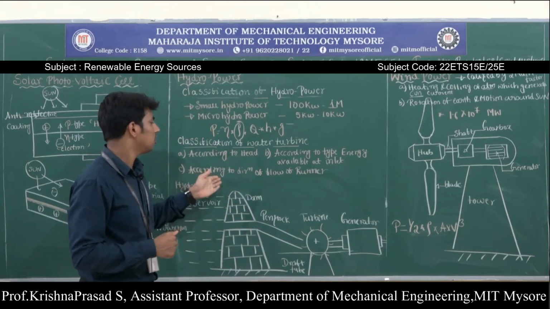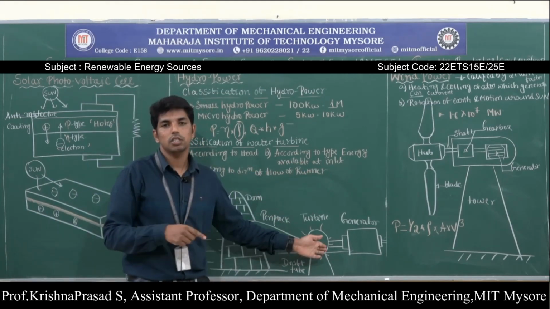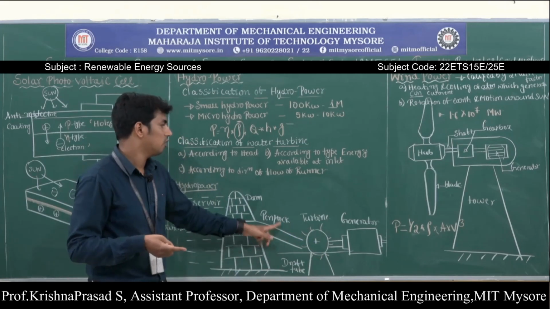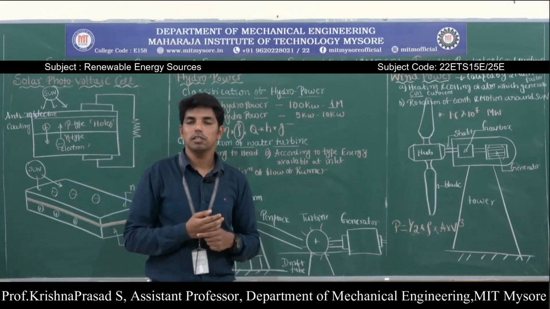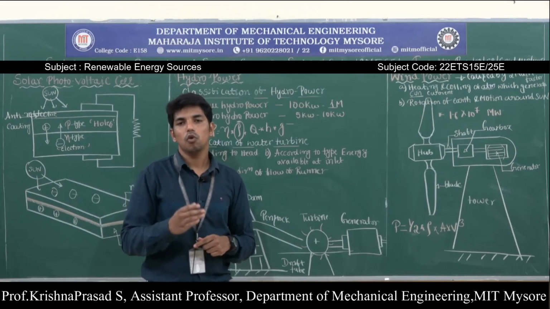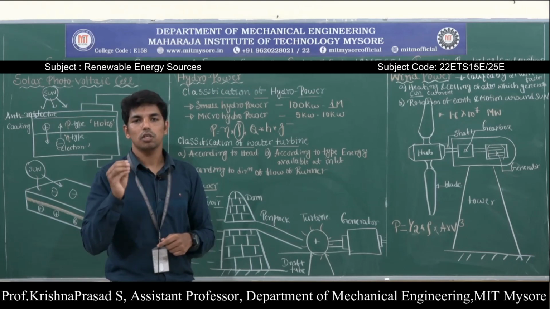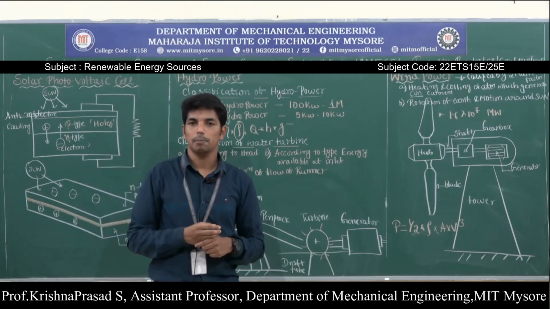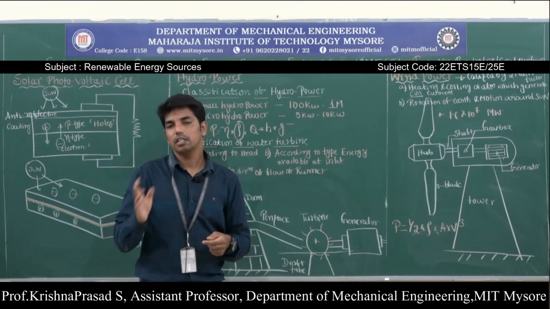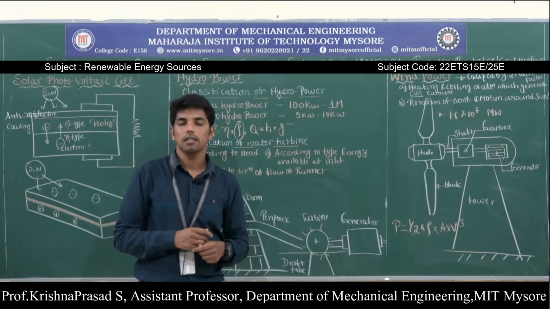Next, the third type is classification according to the direction of flow of water through the runner. The runner is nothing but the blades we use in order to convert the kinetic energy of the water into mechanical energy in the form of rotation of the shaft. If the water flows through the runner in the tangential direction, it is called a tangential flow turbine. If in the axial direction, it is called an axial flow turbine. If in the radial direction, it is called a radial flow turbine. Based on these parameters, water turbines anywhere in the world are classified into three types: Pelton wheel, Francis and Kaplan turbine.